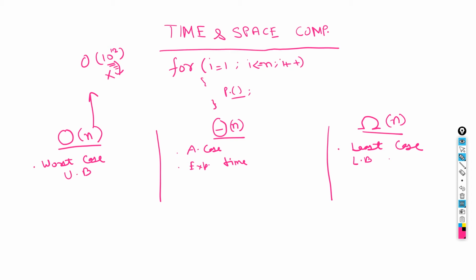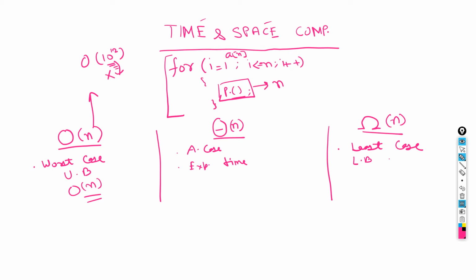Let's say we are printing an array, let's say we have an array A of size n. For this code snippet, we are going to find both the time as well as the space complexity. So what's the time complexity? Whenever someone asks what's the time complexity, we say it in terms of big O. So this is big O of n. Now how I came to this is, go to the most basic statement which is executed every time. This is executed n times, because i starts from 1 and goes up to less than n. So in the maximum or worst case scenario, this loop will be running from 1 to n, or n times.